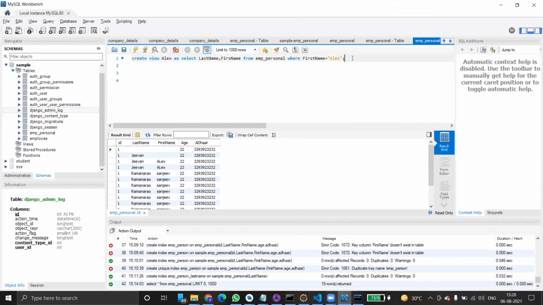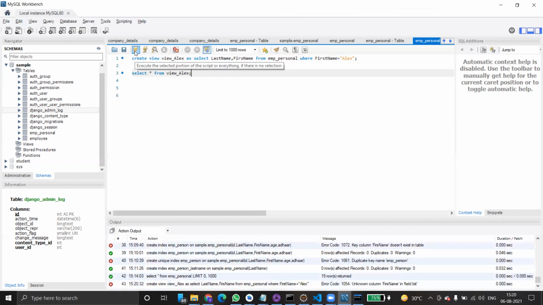Just simply give SELECT star FROM Alex. First we are creating a view, after that we are just querying by using Alex. Alex is the view name, view_Alex. So just run this.